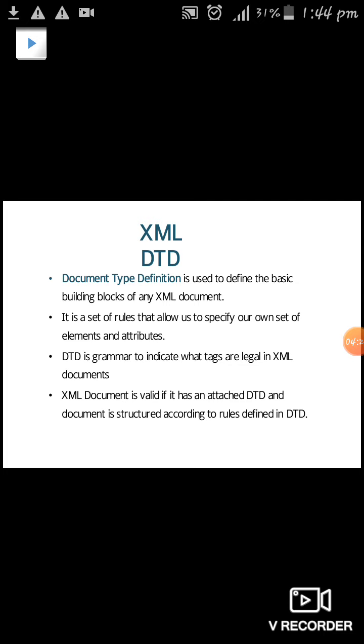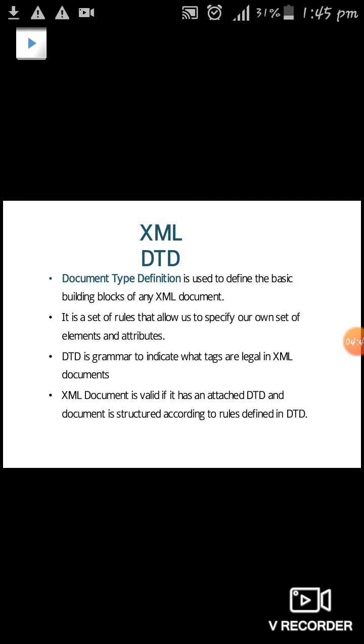The work of the Document Type Definition is to frame the valid data document of the XML language. It is a set of rules that allows us to specify our own set of elements and attributes. The Document Type Definition identifies the valid set of elements and attributes.